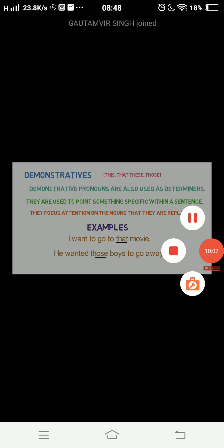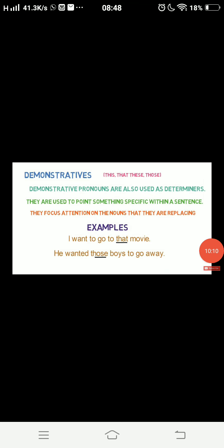Now let's move to demonstratives. We have only 4 kinds: this, that, these, those. Only 4 kinds, keep in your mind. This and that are for near objects, and these and those for far objects. You have done this in class 3, class 4 also. For example, this is my pen, used for a near object. That is my pen, kept somewhere far. These are my books, they belong to me because they are with me. Those are my books, which are kept far away. So this and these for near objects, and that and those for far objects. Clear?